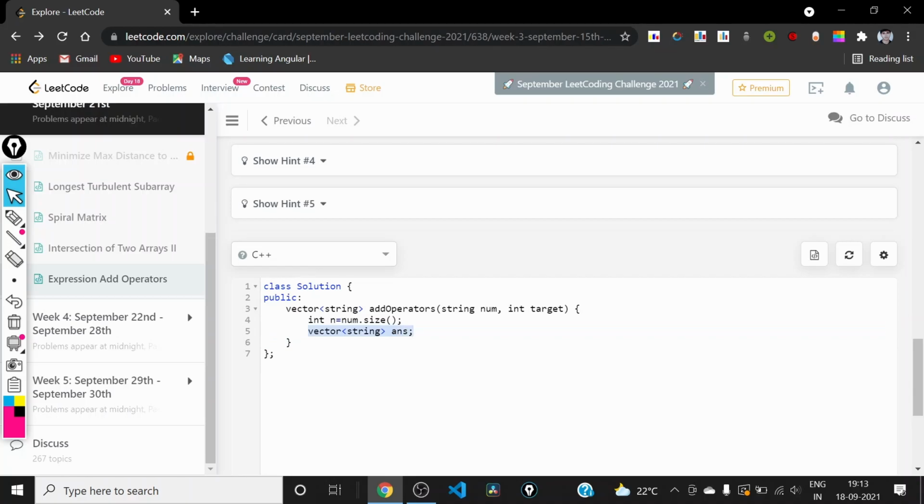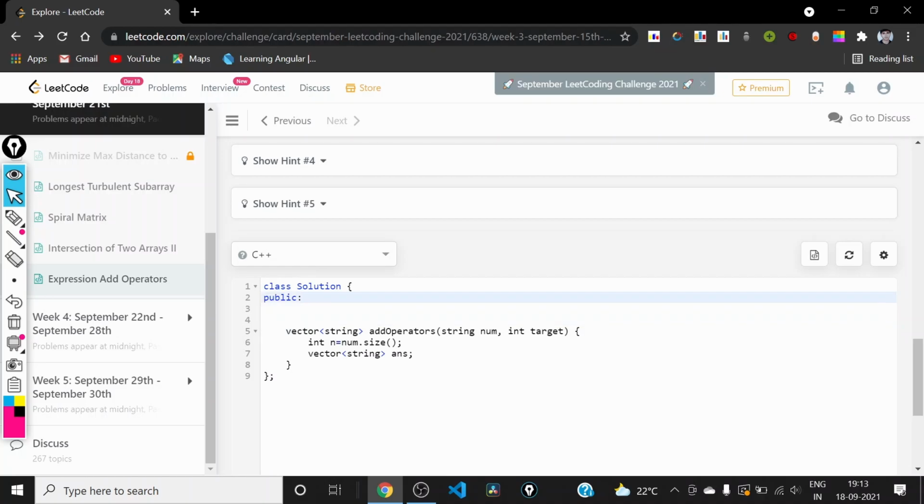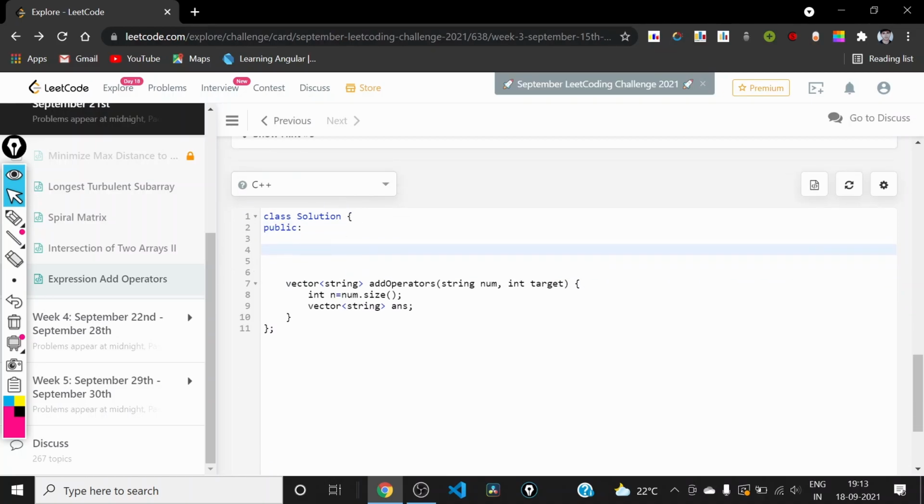I will be passing this vector by reference to the recursive function that I will be using for carrying out this backtracking approach. I will also need a string s, which will contain the expression made so far. I will also be passing this string by reference, and we will also need a variable index.